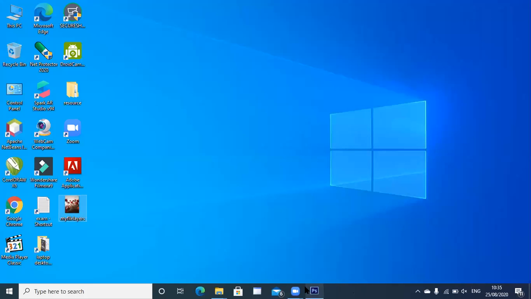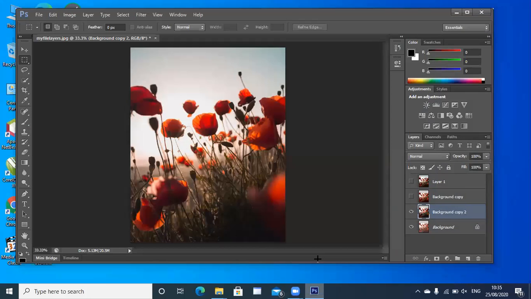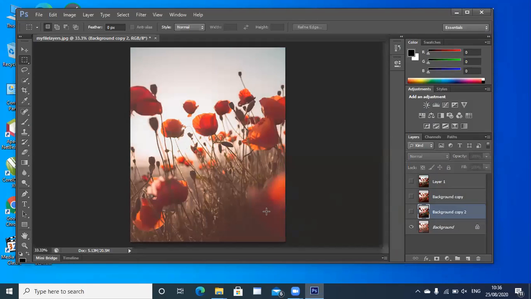Yeah, Ushma, it's very simple. If you want to check the differences between eye off and eye on, here is an option for the eye. Can you see this eye option which is present in front of the layer? The one which has the eye open is a visible layer. That is what you can see on the screen. I might want to turn off this eye to see the background layer.